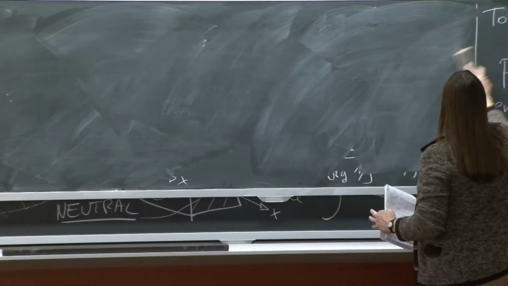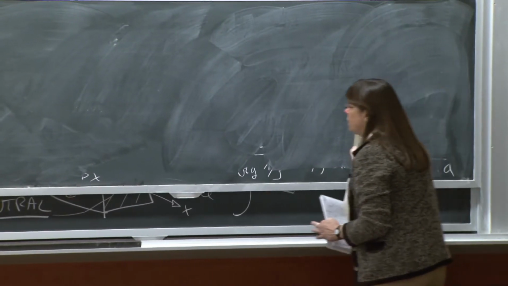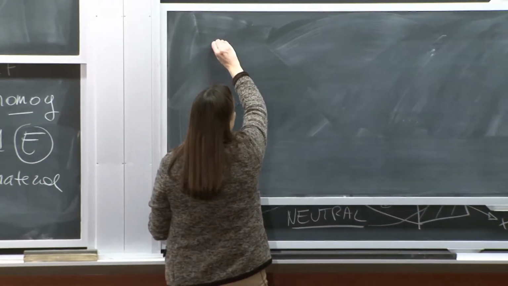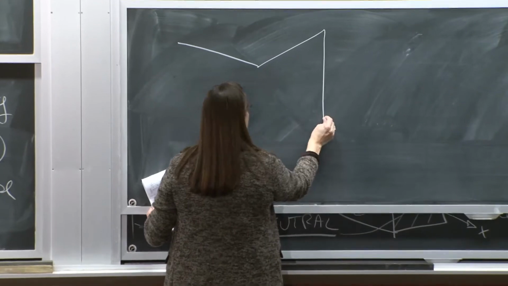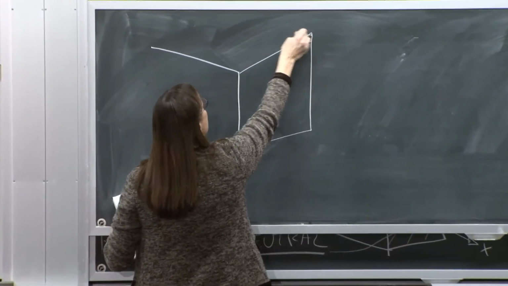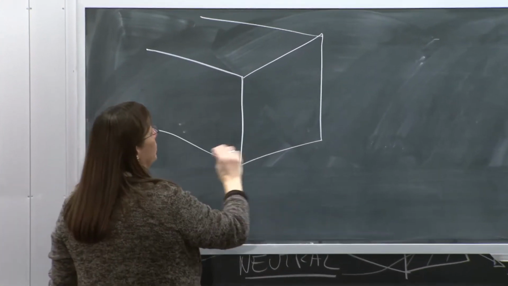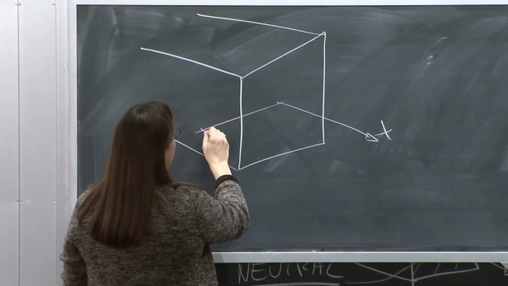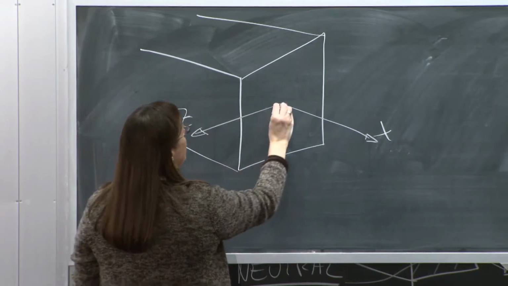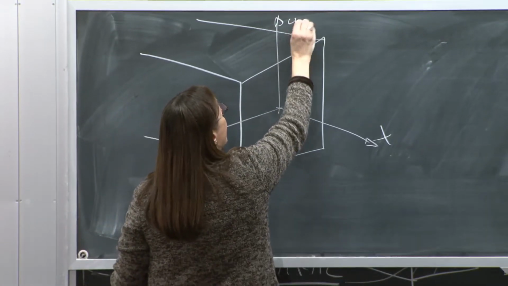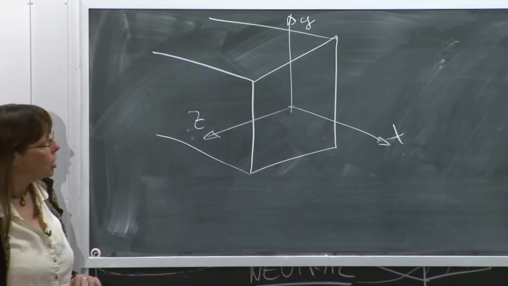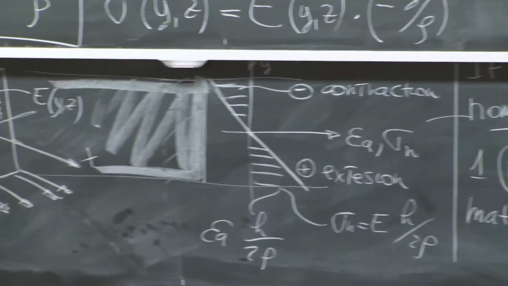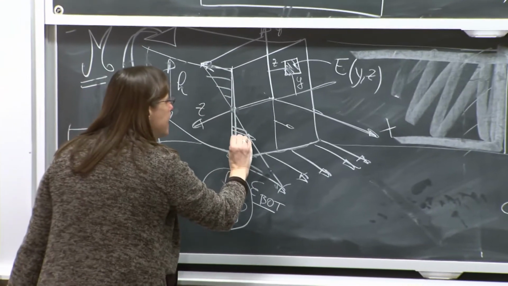We do it the same way as we calculated the torque resultant, right? We look at our cross-section. That's our cross-section again. Same old cross-section. This is my x-axis. This is my z-axis. And this is my y-axis. Okay? So if I consider all these stresses coming out this way, coming in this way, let's take a little